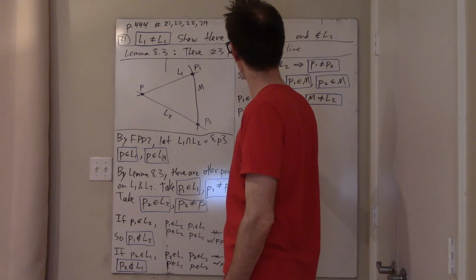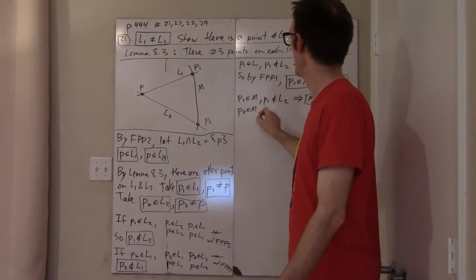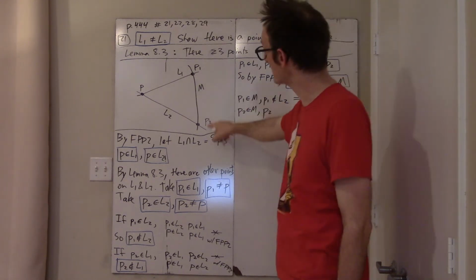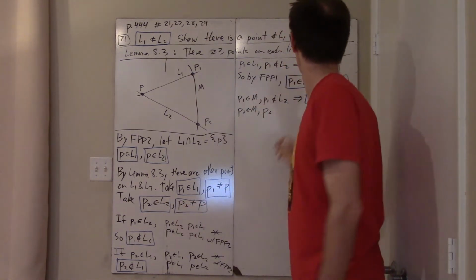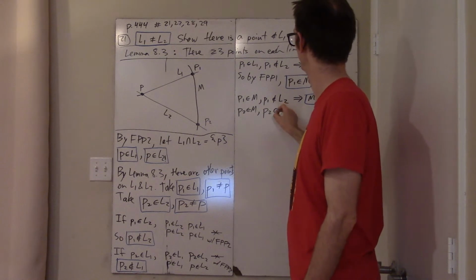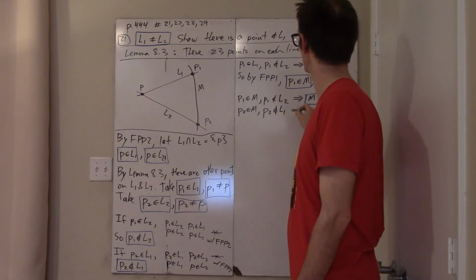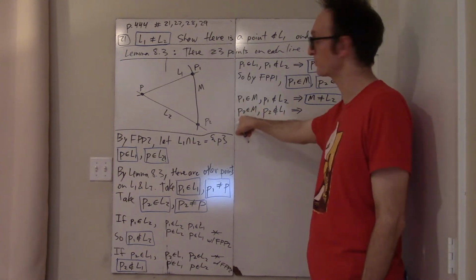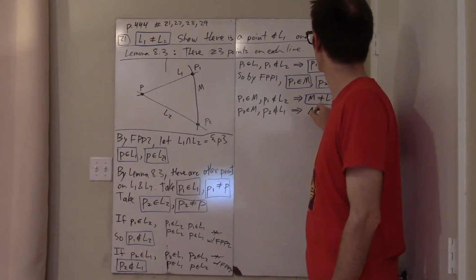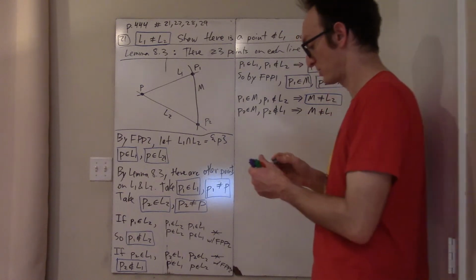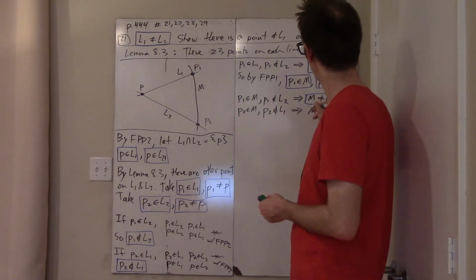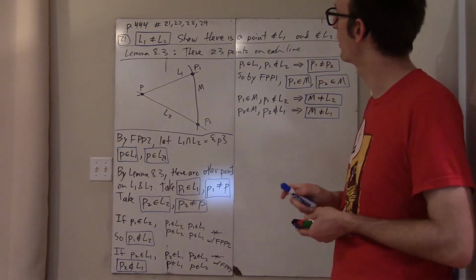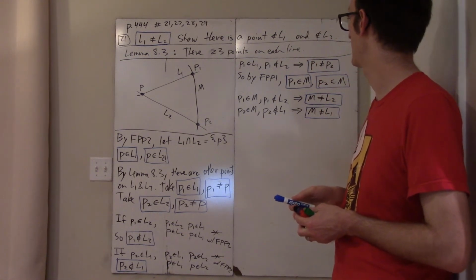Since P2 is on M, again that's the definition of M, and P2 is not on L1, we showed that. That means that M and L1 have different properties with respect to incidence with P2, so M is not L1. Okay, so this is now a new line, this line M, and now I will show that P is